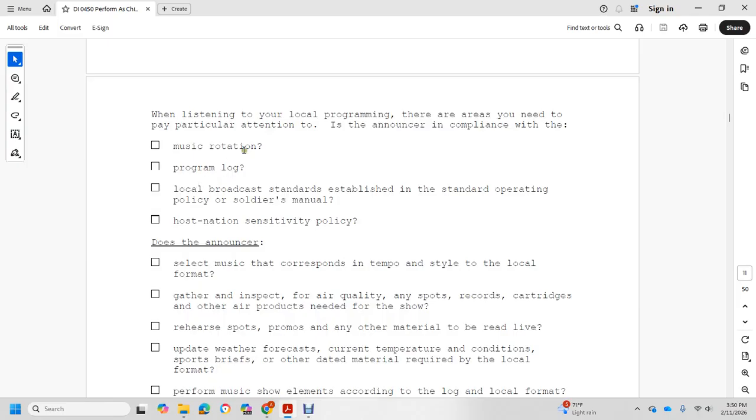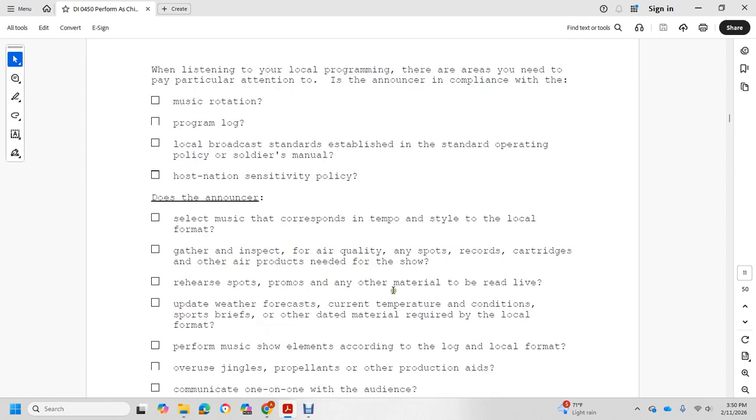Does the announcer follow the music rotation program log, local broadcasting, and established standard operating procedures? Does the announcer select music that corresponds with the tempo and style of the local format, gather and inspect for air quality the spots, stop records, cartridges, and other air products needed for the show, and rehearse spots, promos, and any other material that reads live? Update the weather forecast and current temperature with the conditions, and brief the spot and other date material